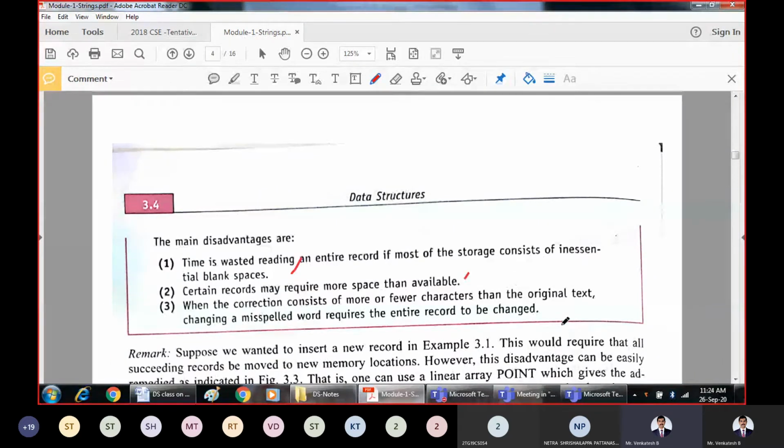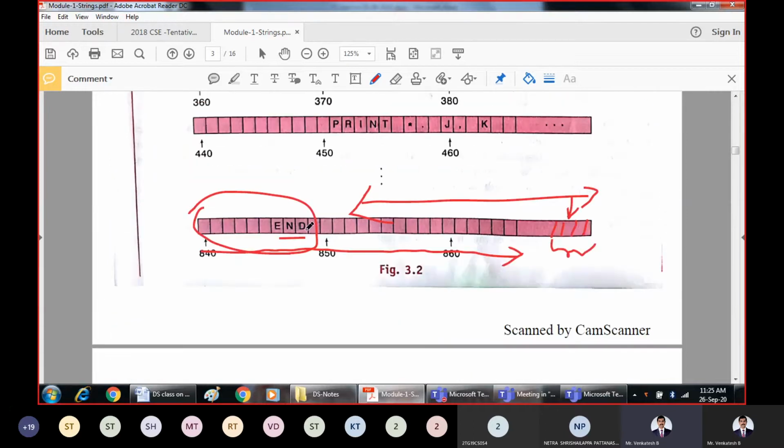The third disadvantage is, if you want to do some corrections for a few characters, we should alter the original text, which requires the entire record to be changed. If there is a record with 80 columns and you want to make some changes in between, that is going to affect the remaining record also, because you have to shift them.